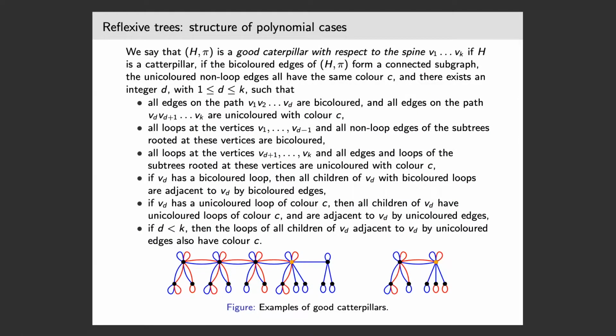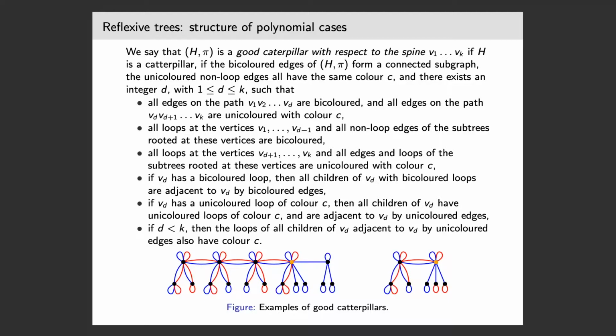We say that HP is a good caterpillar with respect to the spine V1 to Vk if H is a caterpillar, if the bicolored edges of HP form a connected subgraph, the unicolored non-loop edges all have the same color C, and there exists an integer d within 1 to k such that all edges on the path V1 to